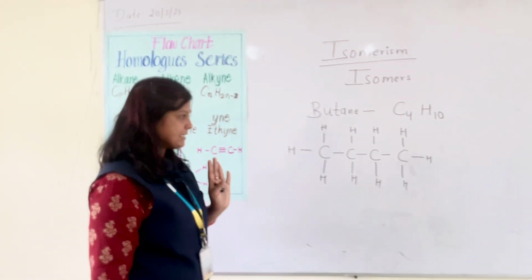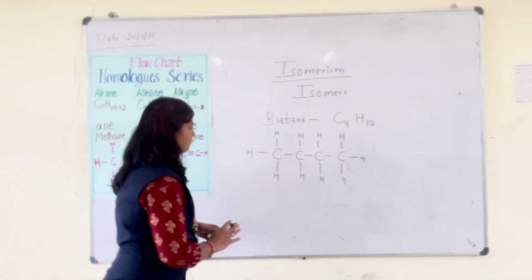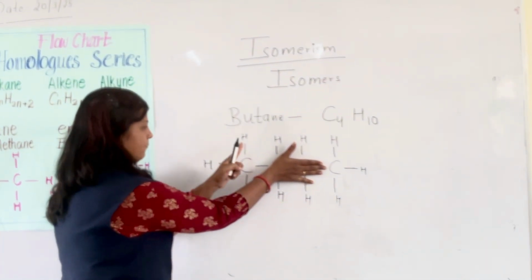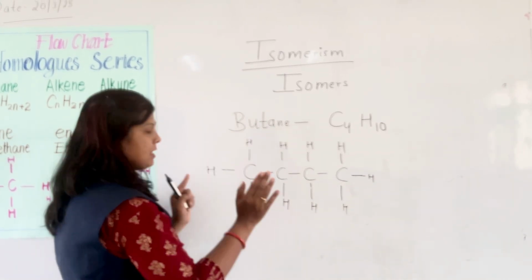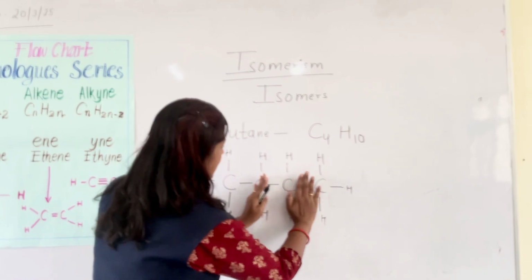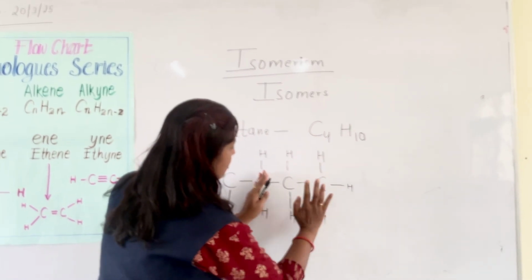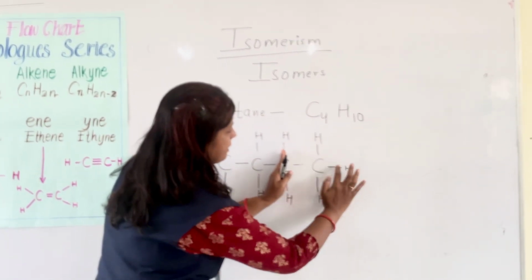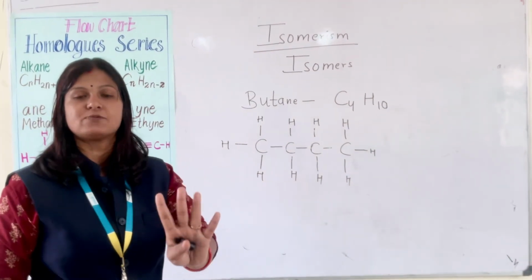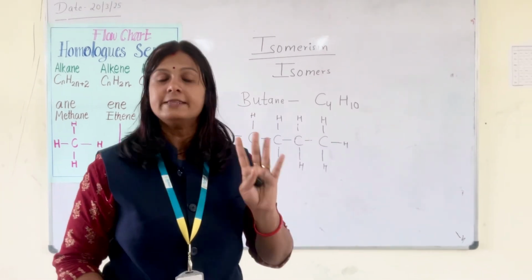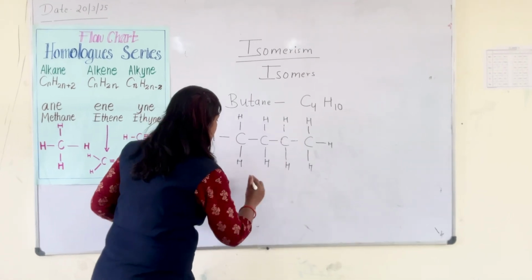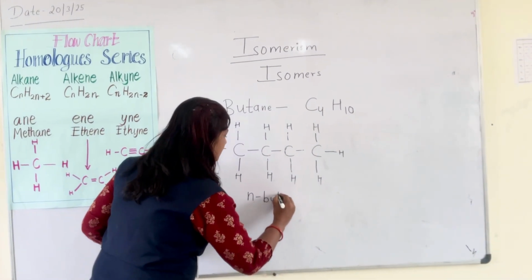Have you drawn the structure in this way? See, again I am telling you. This carbon, close this 3. This carbon, 1, 2, 3, 4. This carbon, 1, 2, 3, 4. Now, third carbon, 1, 2, 3, 4. Fourth carbon, 1, 2, 3, 4. So, remember children, each carbon must be satisfied with how many bonds? 4. Then only the carbon will become stable. Now, this is the structure of n-butane.